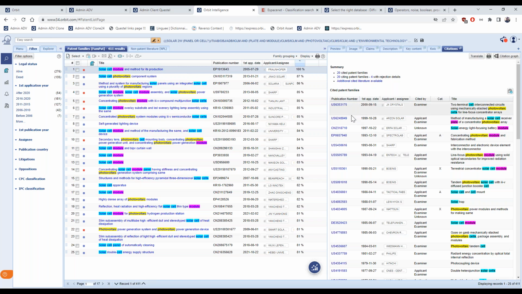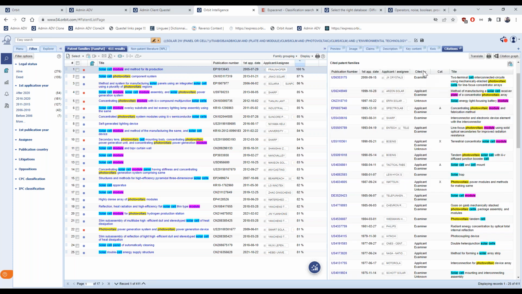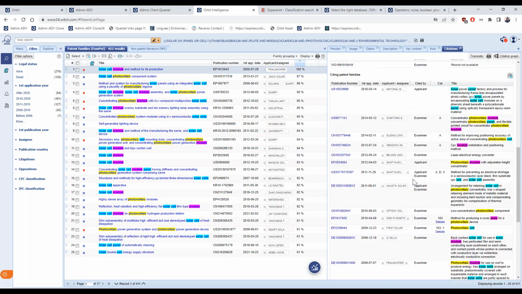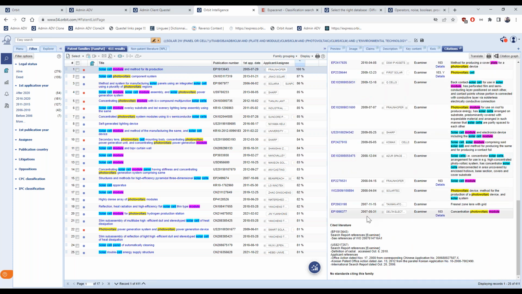You can have a list of these families that are cited, cited by if known, the first application date, the applicant, the category if applicable, and the title of the family. Scrolling down, I have the same for the citing patent families. And at the very end, the cited literature.